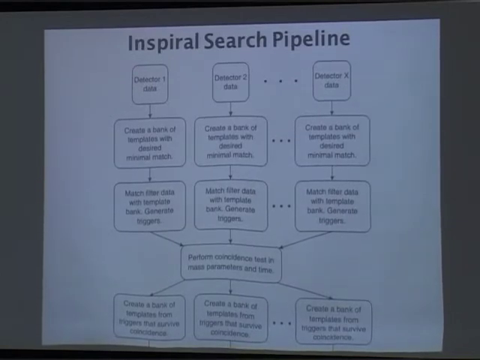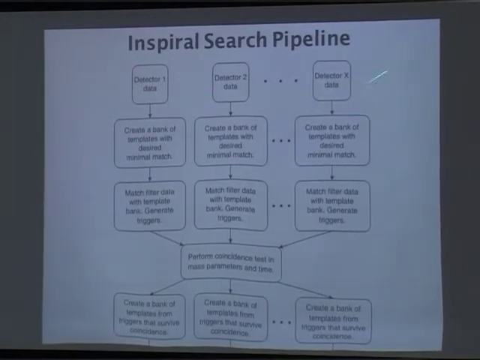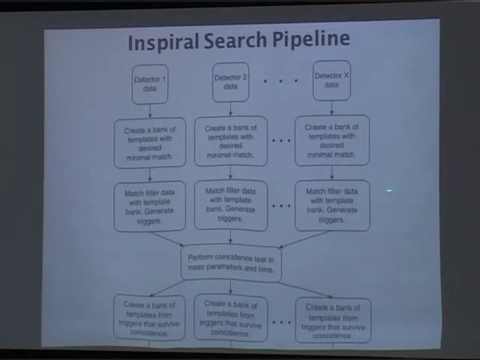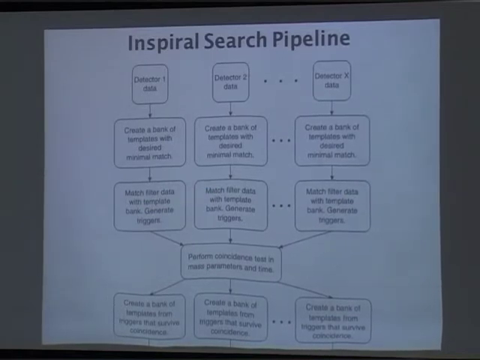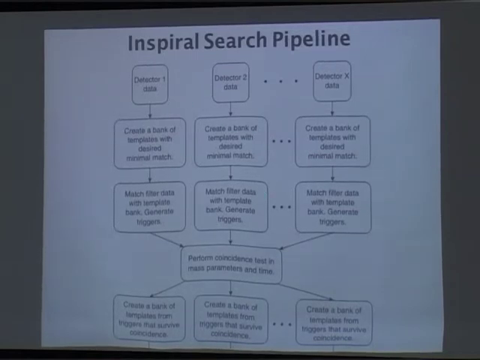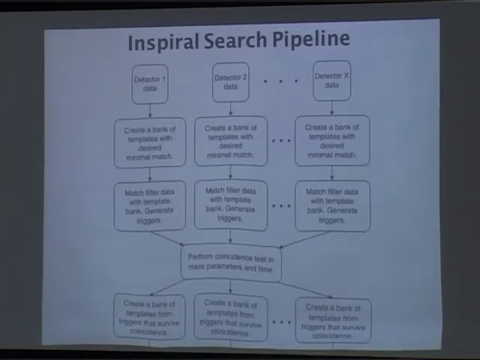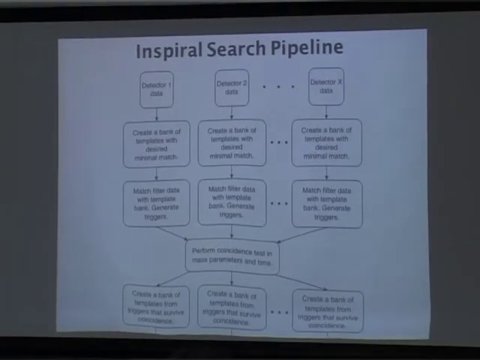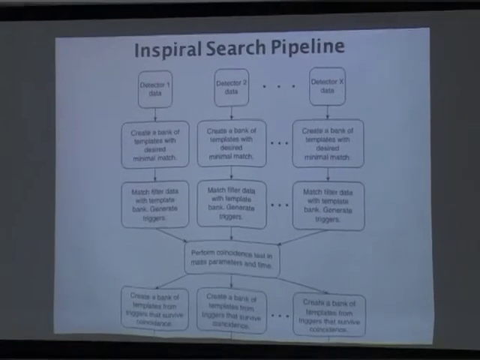Data comes from different detectors. You create template banks for each of those detectors because they may have different power spectral density. You match filter each of those data sets and you combine them and look for coincidences. This is what is called a coincidence search because you're not bringing the data together to begin with and then analyzing, which would be more sensitive and more robust, but rather you are doing this poor man's choice of doing the analysis of different detectors first and then performing coincidences,